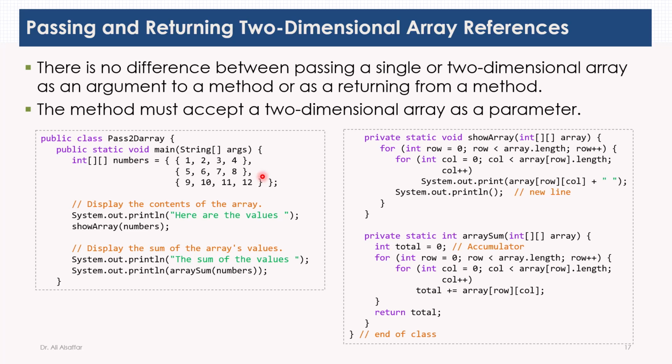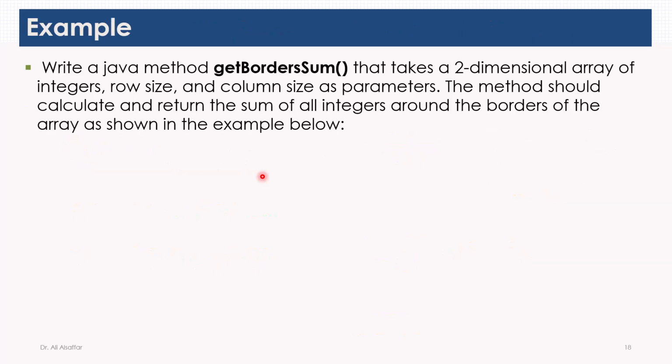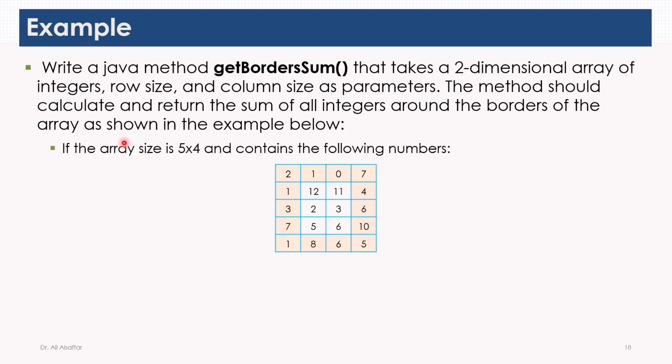To show you how two-dimensional arrays are passed as arguments to methods, let's take a practical example. In this example, we want to write a Java method called getBorderSum that takes 3 parameters. The first parameter is a two-dimensional array of integers. The second parameter will be the row size, and the third parameter will be the column size. The method should calculate and return the sum of all integers around the borders of the array, as the following example shows. For this example, the array size is 5 rows by 4 columns, and it contains the following